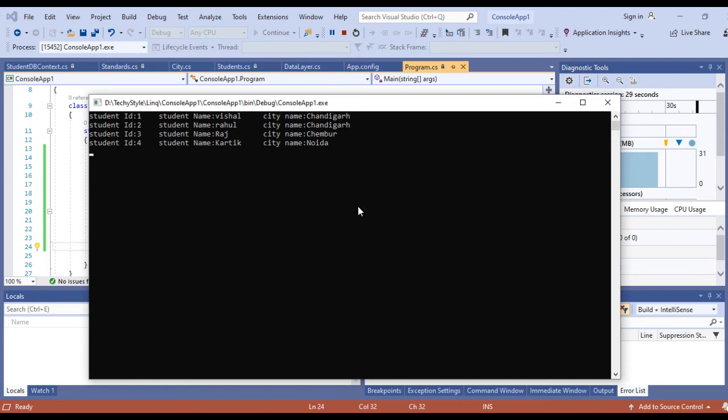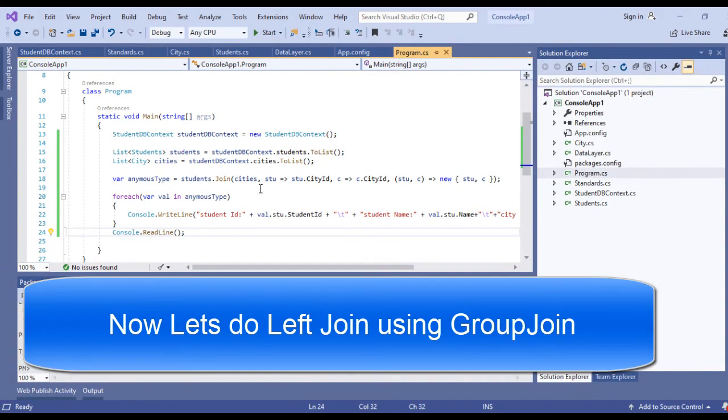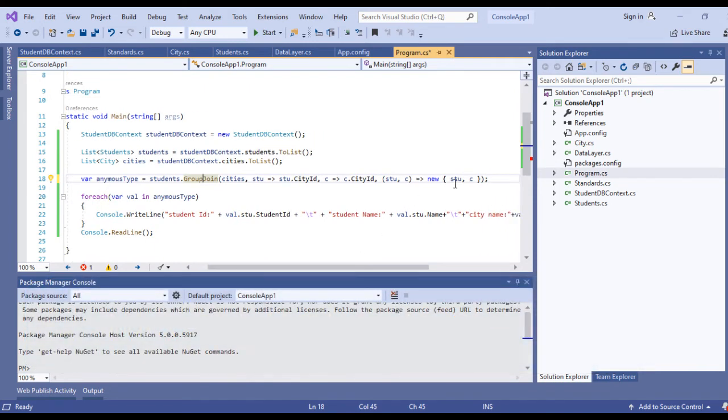Okay, so now let's do the left join. The whole syntax is almost similar. It's just that here you have to use GroupJoin, and the rest everything is the same. But the thing that you need to know is that here c, which earlier represented the object of city only, now represents an object of enumerable type of city.